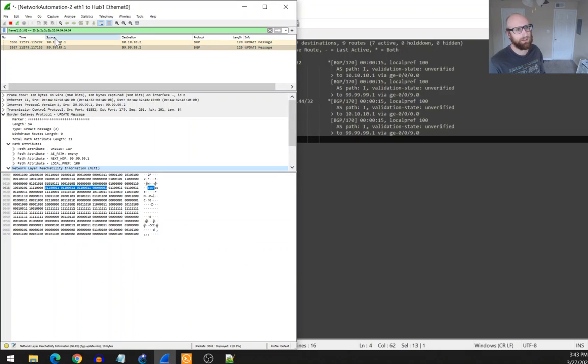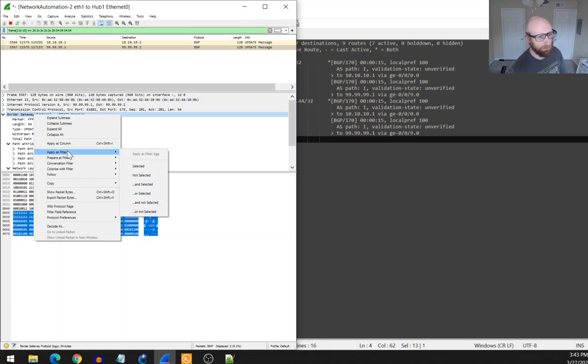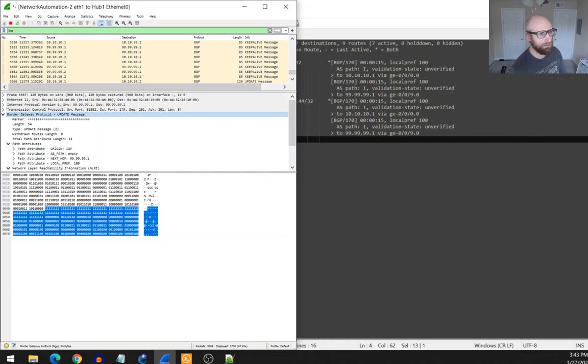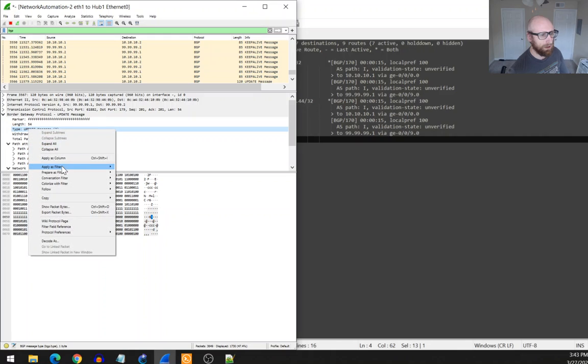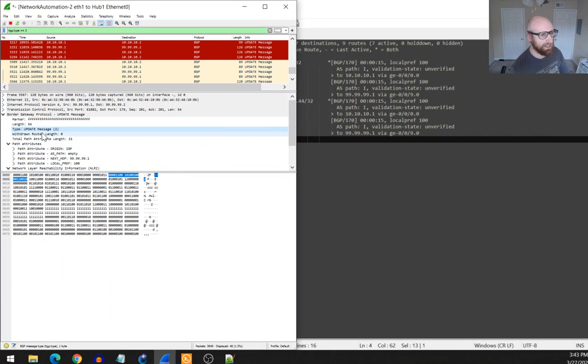Oh, okay, well this is for routes with specific network layer reachability information. I just wanted to filter out routes that had and did not have network layer reachability information. Okay, so let's do apply as a filter selected, so we're getting all BGP. Let's narrow it down even more than that. We'll do selected updates, and then let's add an additional qualifier where